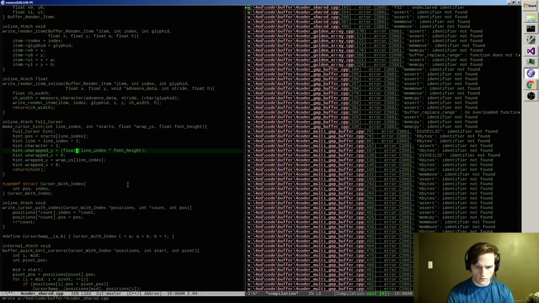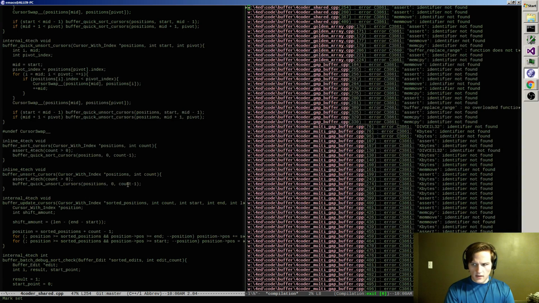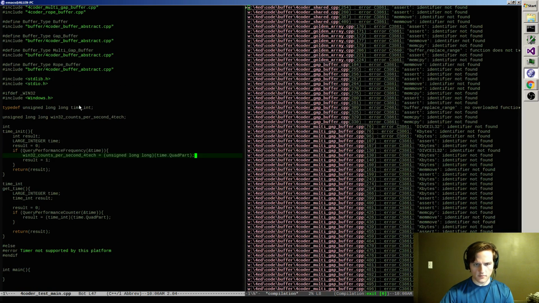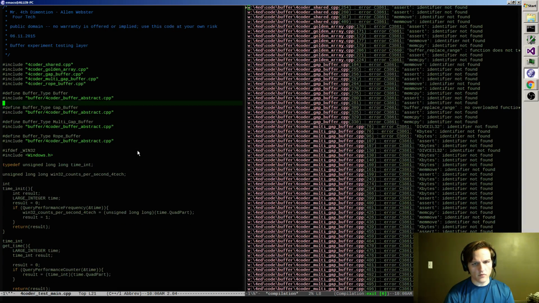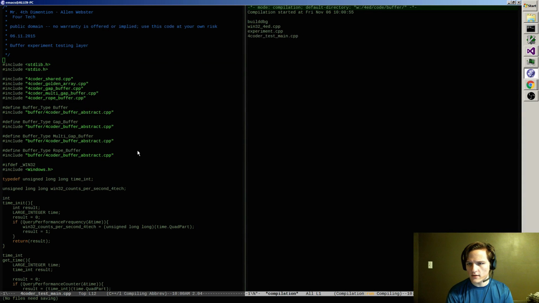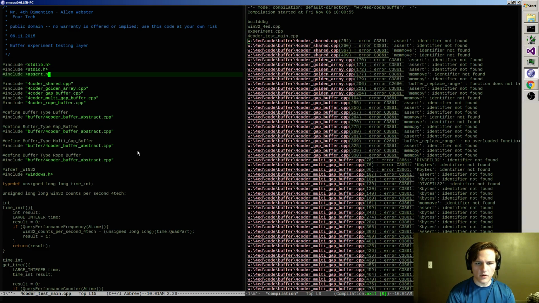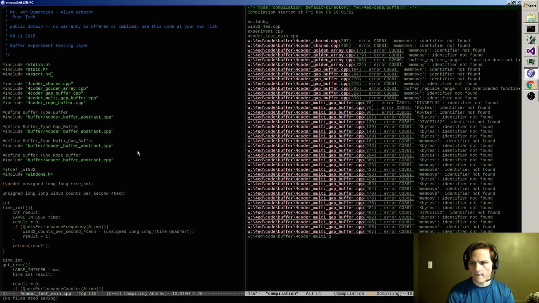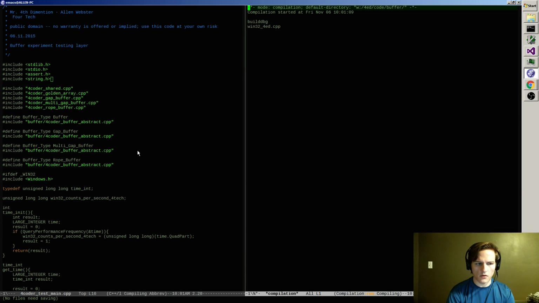So I have a few misnamed things sneaking in here. Also, if I go to 4coder test main, it's telling me it wishes that I would put this first so that it could grab onto those definitions that it needs. Right, it also wants to see assert up here. It probably wants to see string up here.